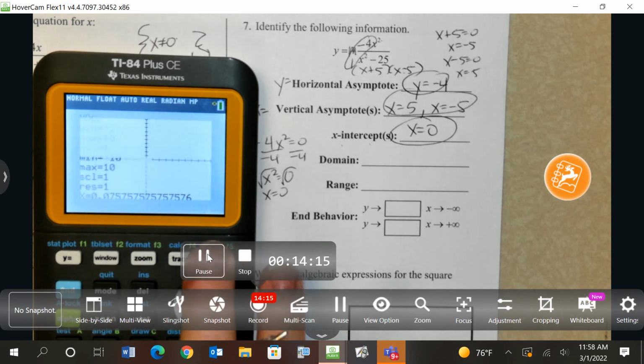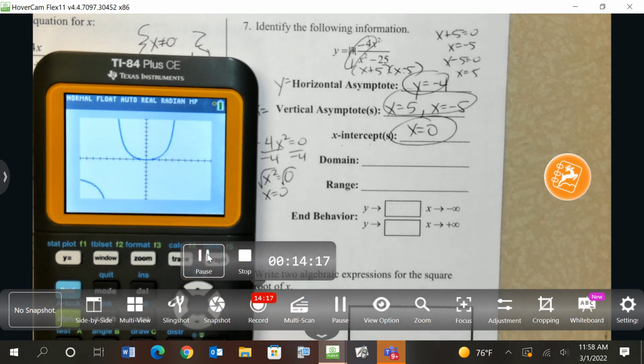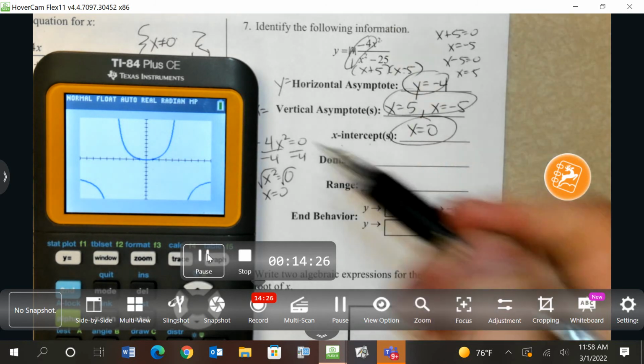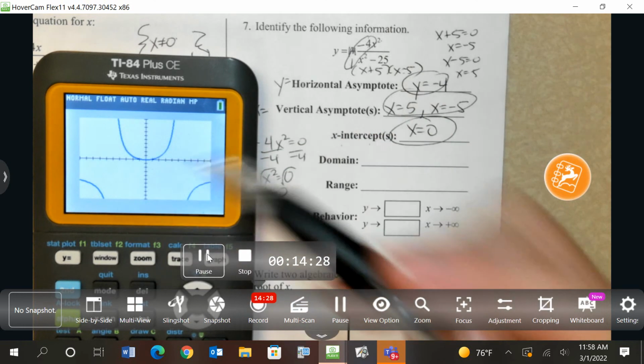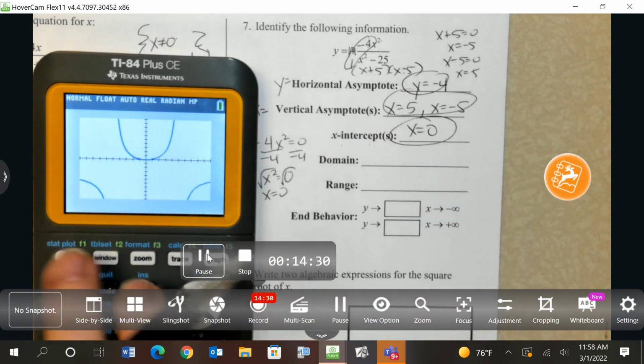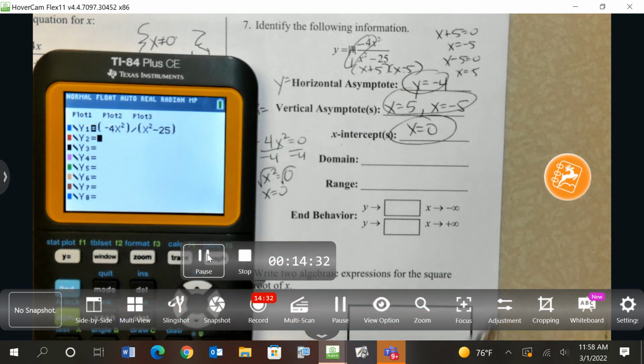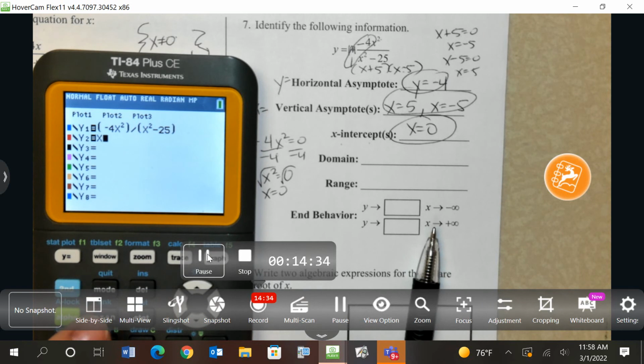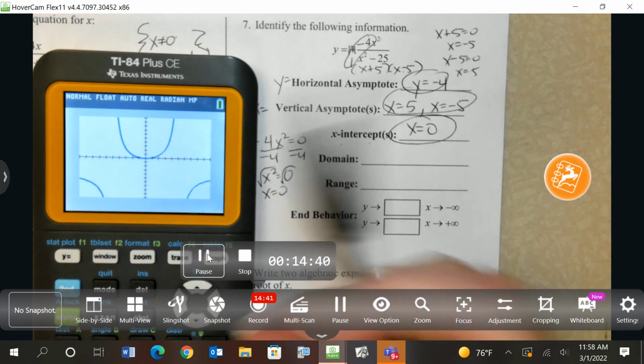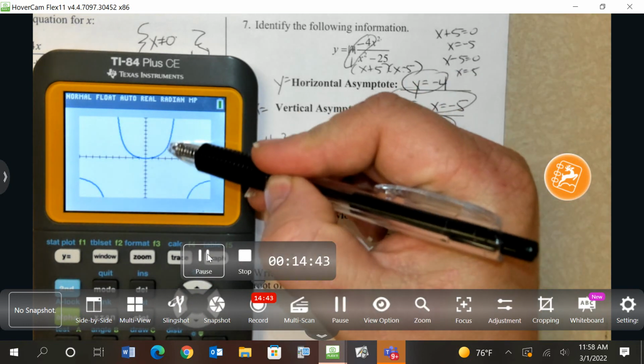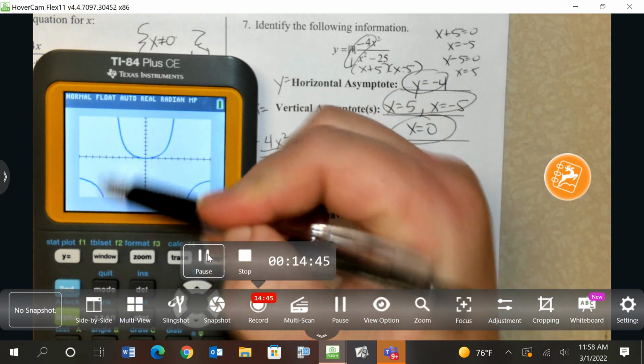Okay, I want to make sure the window's fine. And now what you can't see is the asymptotes. And I'm unable to make them dotted, I believe, in this system. But I do want to show you how, remember, we have asymptotes at 5 vertically and at negative 4. So I do want to just show you what those would look like. Let's see if I can do it. X equals, I can't do that nicely. But if I could draw here, this is the dotted line of x equals 5, x equals negative 5, and